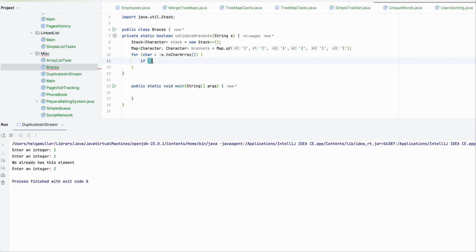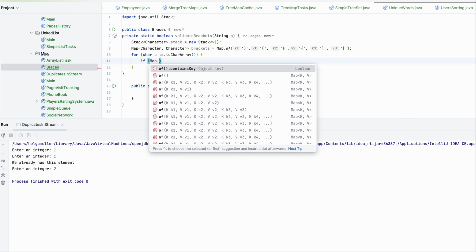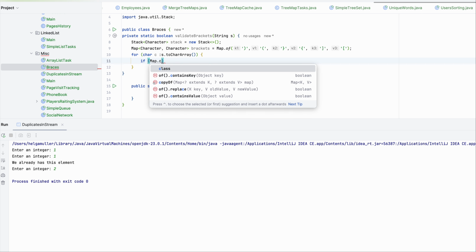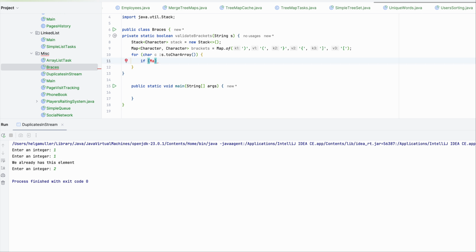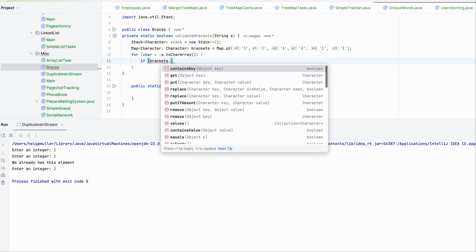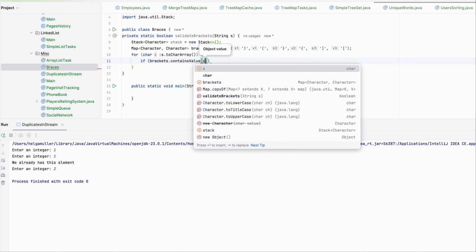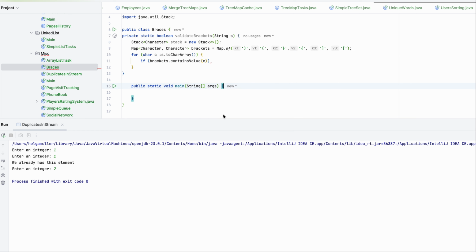So if the map, my map is named brackets, contains not key, contains value, and c. So actually I think it's